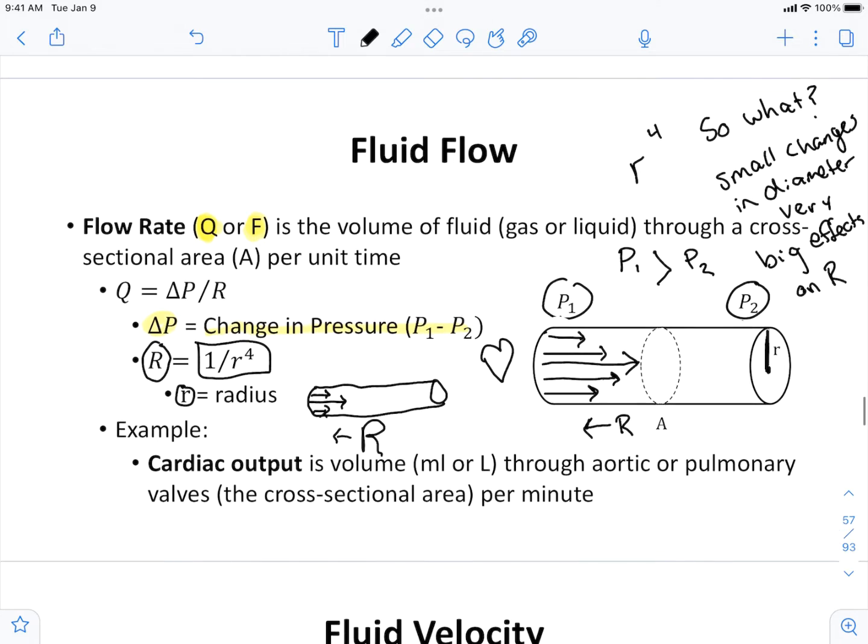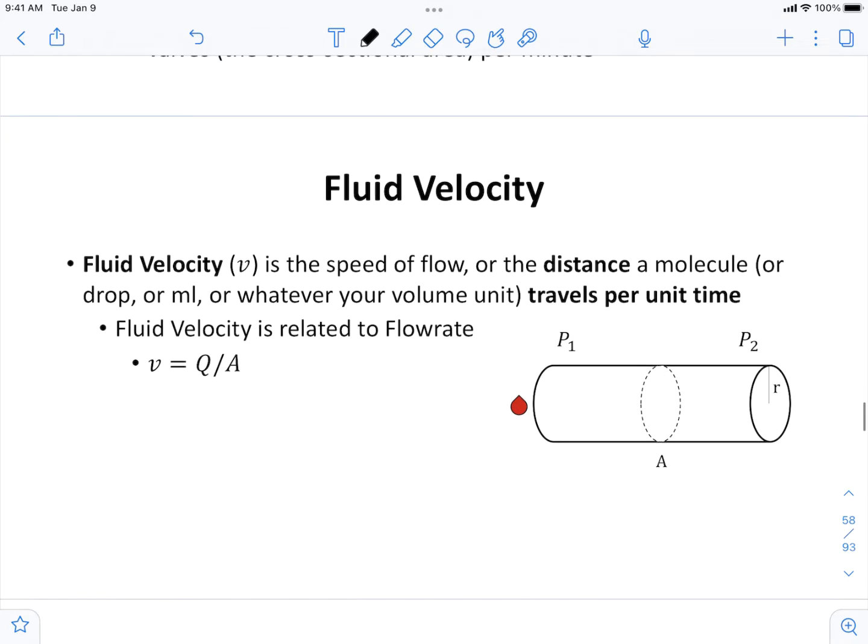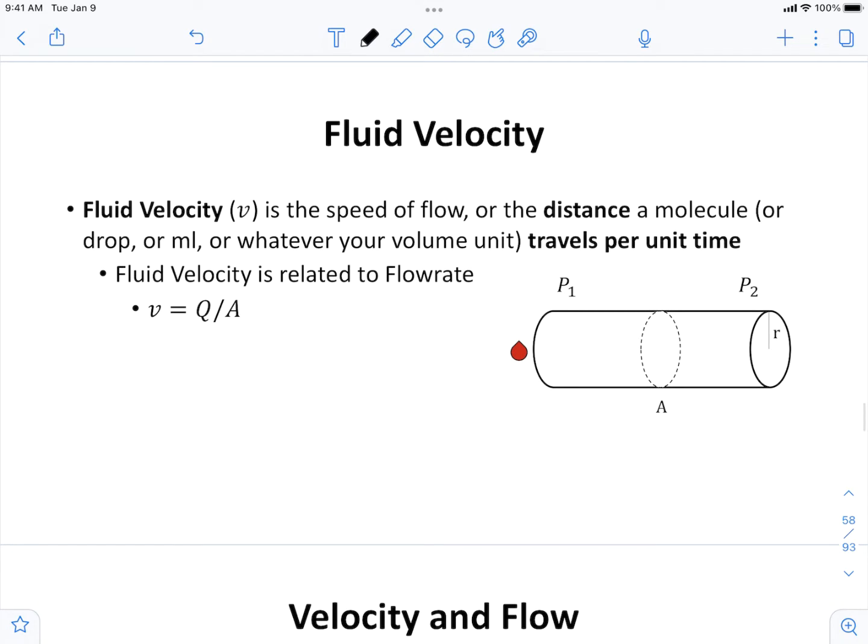with in terms of inserting a needle. Now, a closely related term to fluid rate is this concept of fluid velocity. There is a difference though. What I want you to think about is with fluid, the rate of flow, Q, this is like, if I